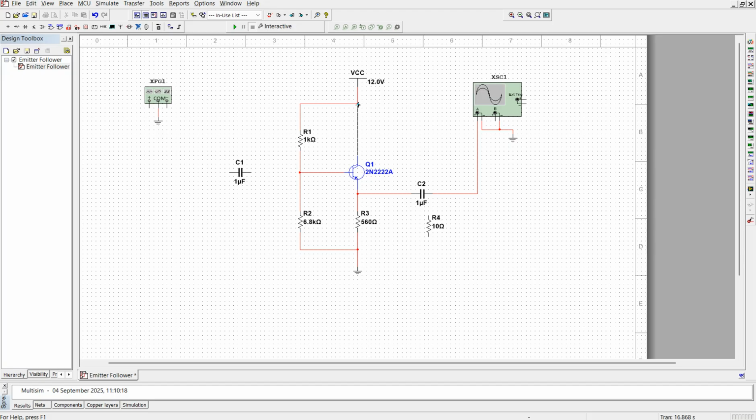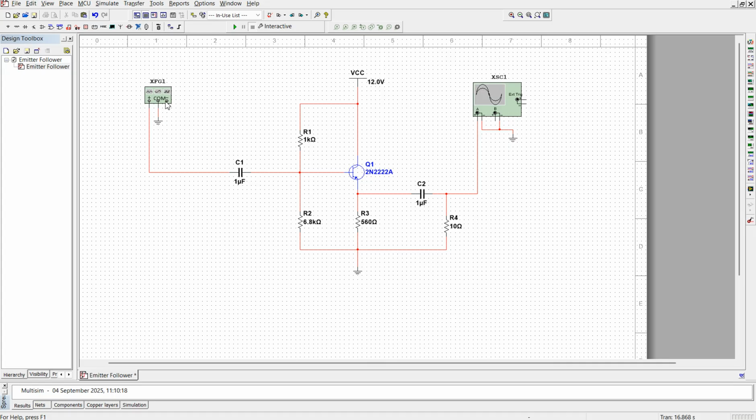This connection is not made. I will do that connection. And this load resistance, one side I will connect to the capacitor, other one to the ground. Similarly, another coupling capacitor I will connect to the base and other side to the